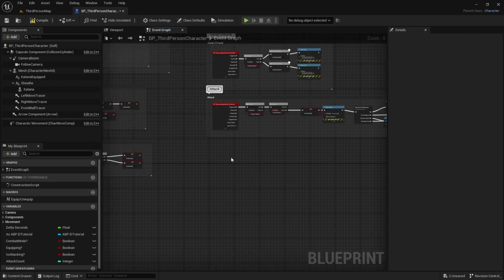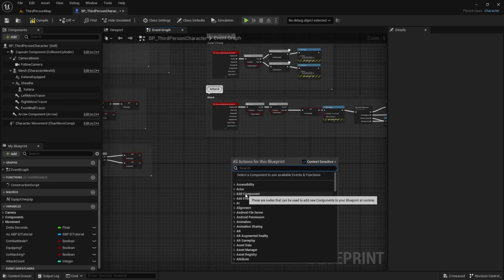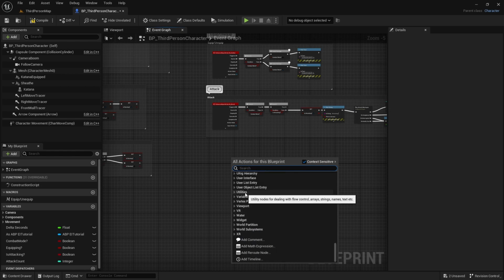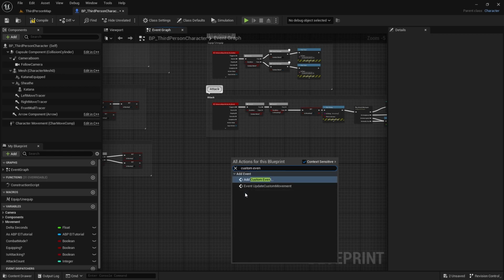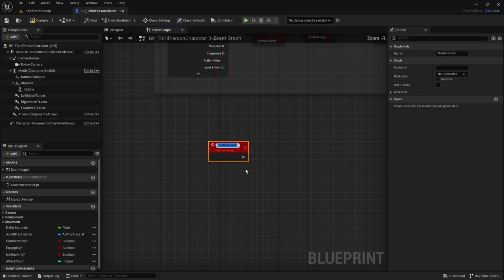So what we're going to do is right click and create a custom event. We're going to call this katana trigger or weapon trigger, if you want to name it whatever weapon you're using. If you're using multiple weapons, you can just give it a generic name. And we're going to go ahead and